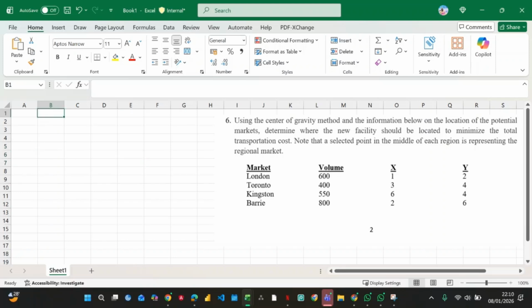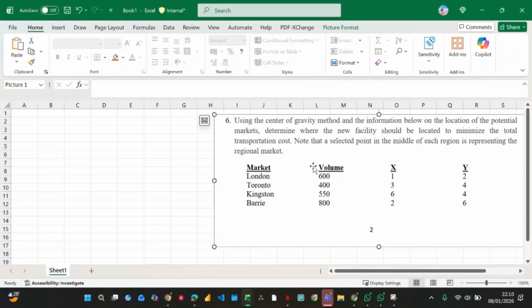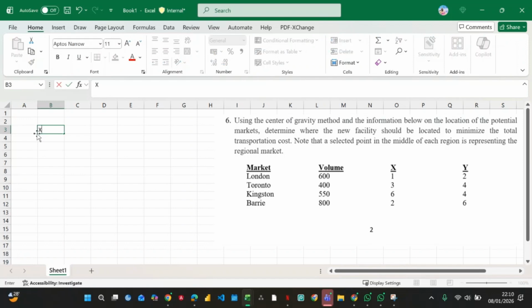So yeah, we'll continue from what I was saying. Now to solve this question, there's actually a formula for this, right? We have a formula for the x coordinate and we also have a formula for the y coordinate. So let's say we have, which is this is supposed to be x here, yeah. So the formula for this is,